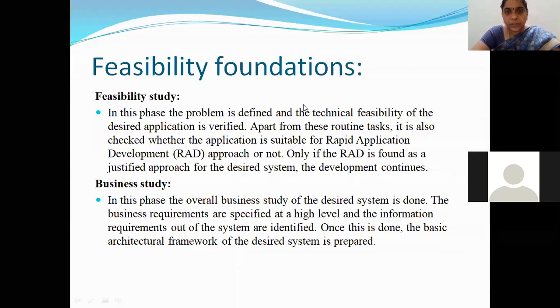So you'll verify what you have and check what new things are required in order to continue that project, right? I'm having these hardware things, and I need some extra hardware in order to do that project. That is what you will be identifying. I'm having some software like R at present. In order to do that project, I need some Python software. So these are all the things you will be considering in technical feasibility.